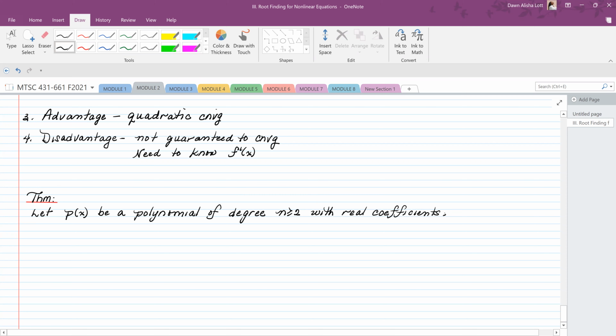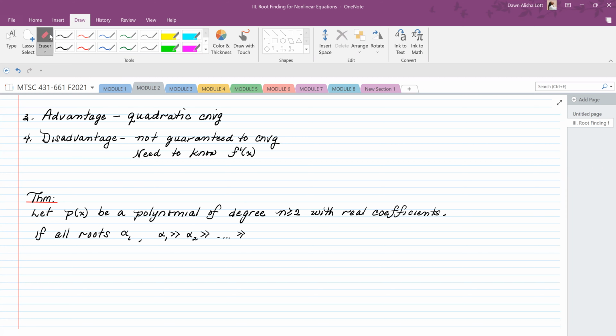If all the roots alpha i, where alpha 1 is greater than or equal to alpha 2, greater than or equal to, all the way down to alpha n, so that we can order all the roots, of P of X are real,